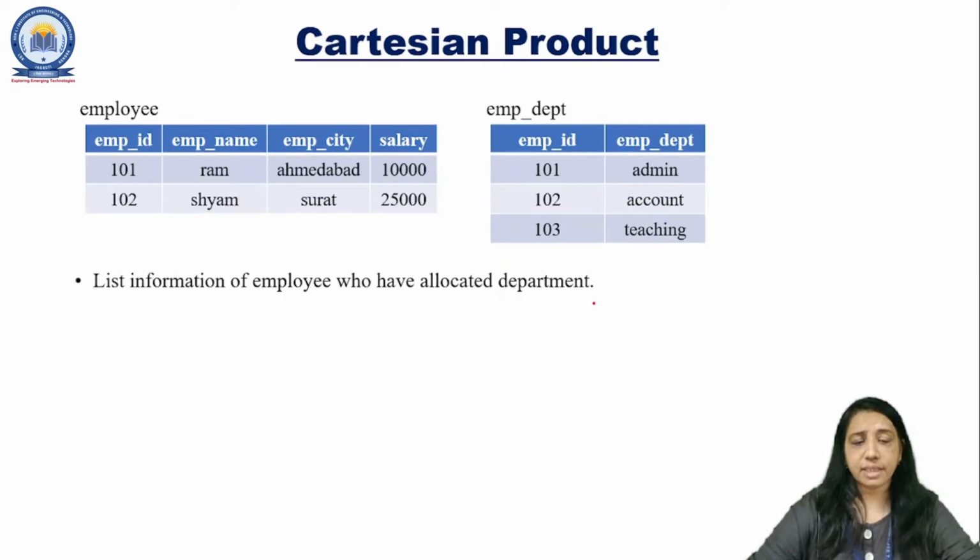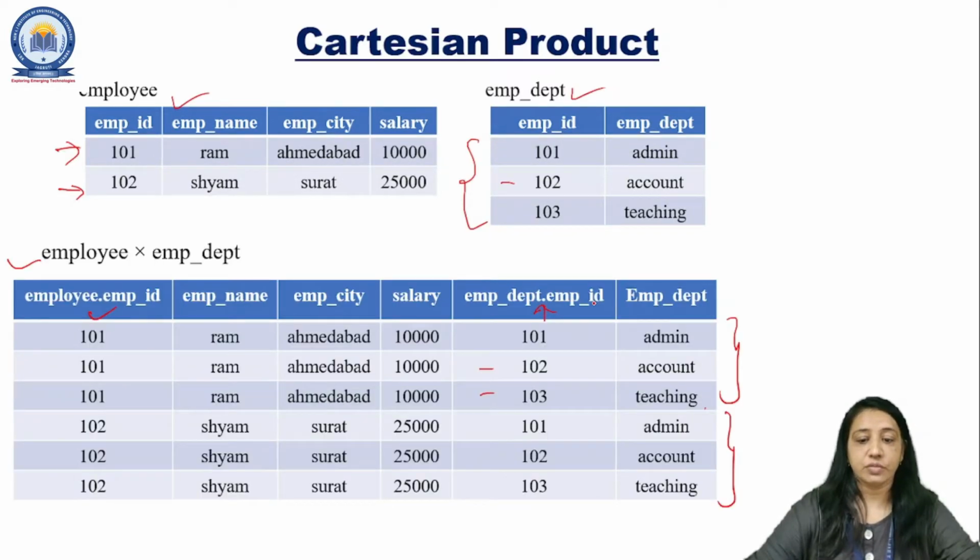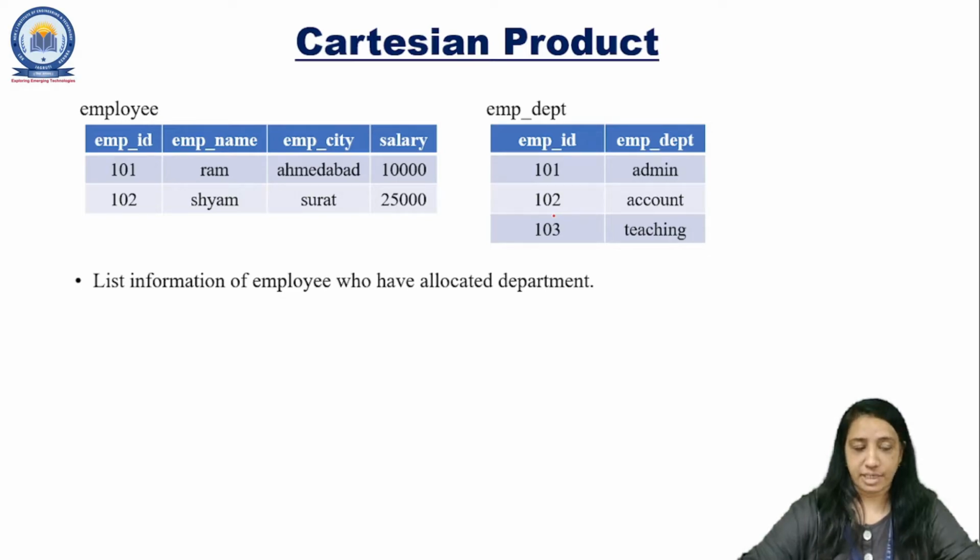The next thing is another query we want to find out. That means if you want to apply some condition, because as you have seen in the previous one, it will be giving so many tuples, right? So here the table length is also a smaller one. Here only 2 rows and here 3 rows. But what happens if we are having a larger table? So what we are going to do? We need to specify some condition. So here is the information we want.